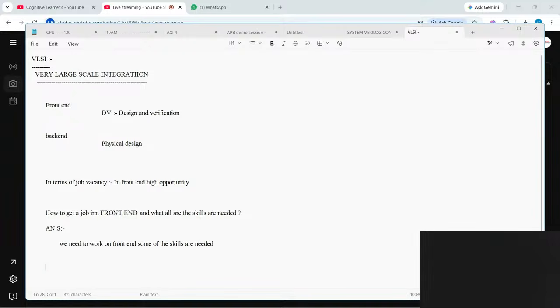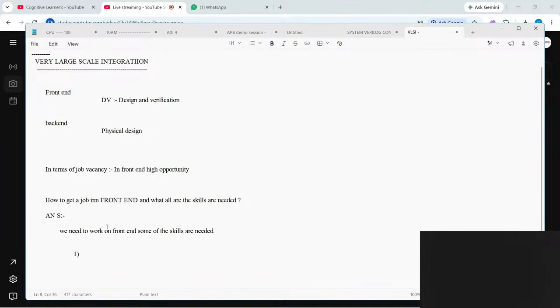What are those skills? First, the basic things. What basics do we need to study before joining front end jobs? Front end job is DV, design and verification. What's my preparation, and in which way do we need to start?